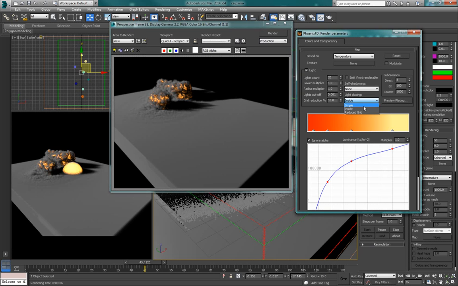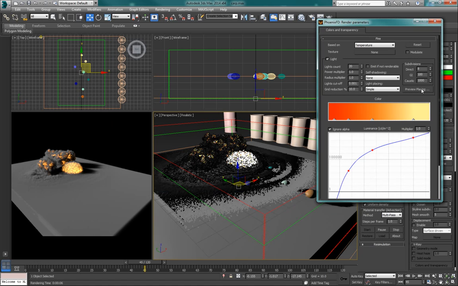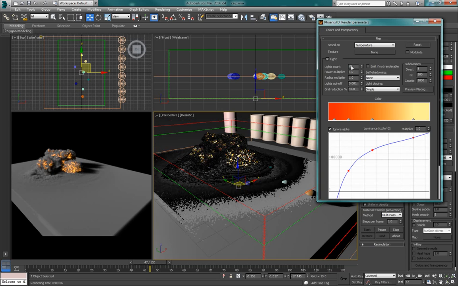Simple is a simple spherical placing of whites. If we click preview placing right now, it will calculate and show you where the white sources are. Also, from here you can choose the count of whites that we will be using. I'll set this, for example, to 200, but I'll just keep it to 20